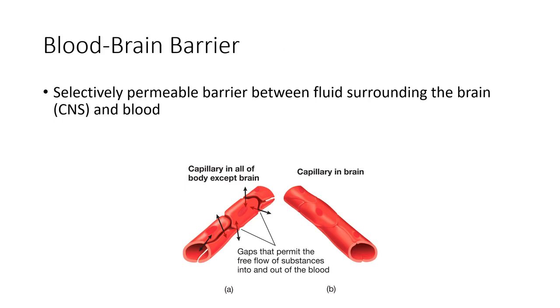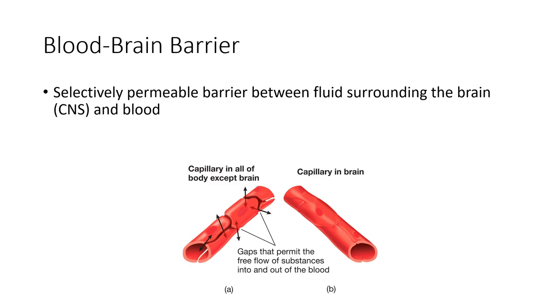Now let's move on a bit to what is called the blood-brain barrier. You're probably familiar with the blood-brain barrier, at least maybe just the term. What this is, is a selectively, and that is the key word here, selectively permeable barrier between the fluid surrounding the brain and the blood. So this is a barrier that is kind of protecting the fluid surrounding the brain from the blood on the outside. This is very important because there are some substances that we don't want coming in or out of the brain